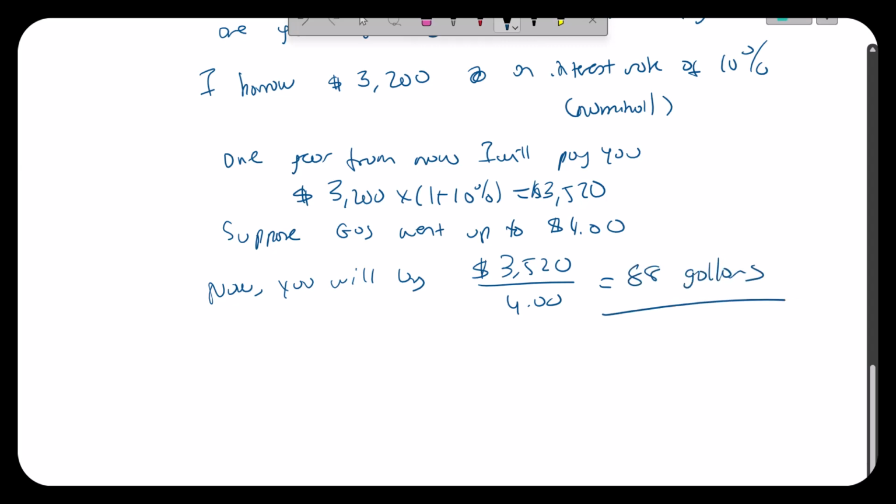So as far as you are concerned, you lost money on the deal. Okay. So your real rate of return, you got 88, or I'm sorry, that should be 880. You got 880, but you originally gave enough for 1,000 gallons, minus one. So that's negative 12%. So the nominal rate says